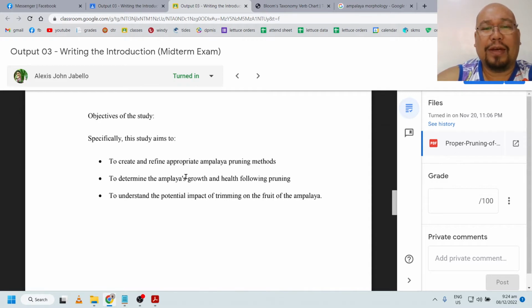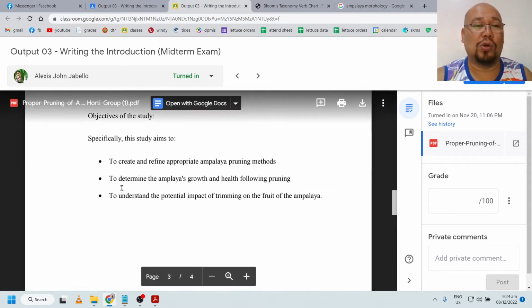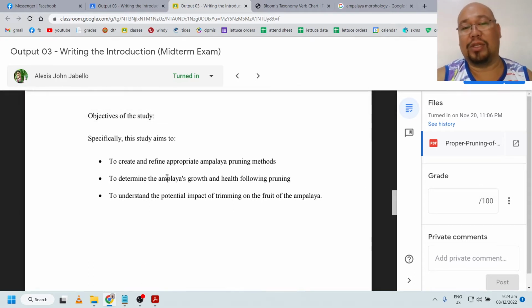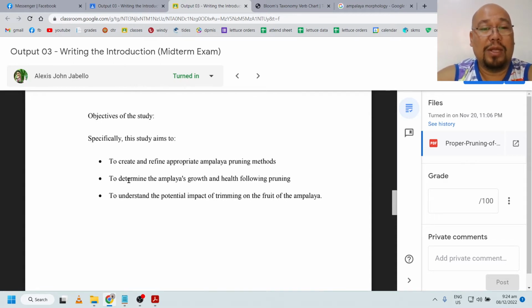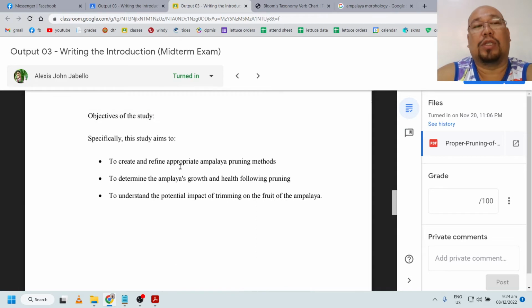Fruits as affected by the pruning approach or pruning strategy, no? So to determine the yield, so that's yield na lang, to be more specific, to determine the yield of ampalaya as affected by the pruning approach or pruning strategy, to determine the number of fruits, so it's a yield component,